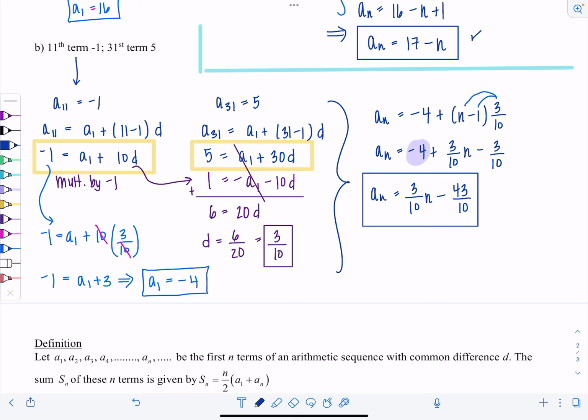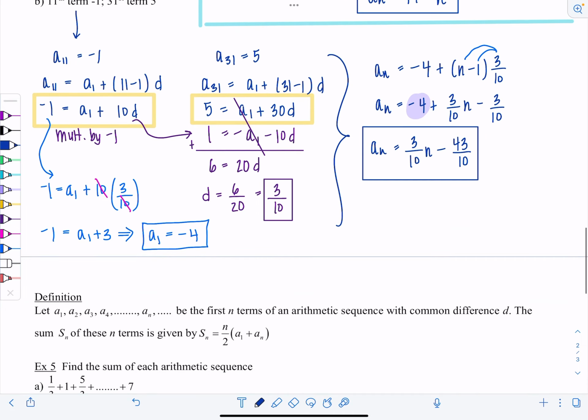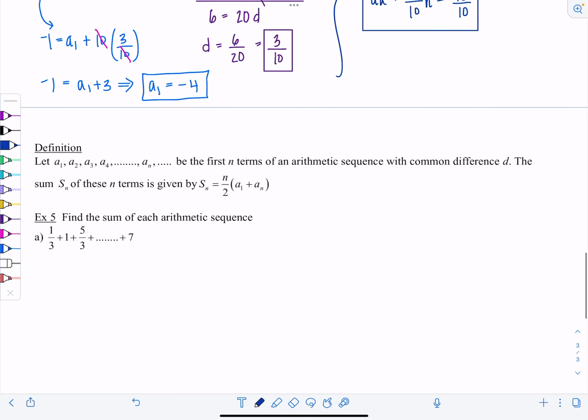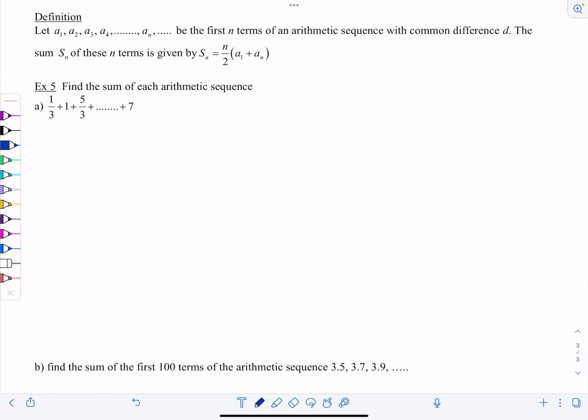Very nice. Last idea has to do with summing up or adding the terms of an arithmetic sequence, okay? So let A1, A2, A3, up to AN, etc. be the first n terms of an arithmetic sequence with common difference d. The sum, Sn, of these n terms is given by the following. Sn equals n divided by 2 times A1 plus AN. And this you should memorize as well, but I have a little story for you to help you remember it,